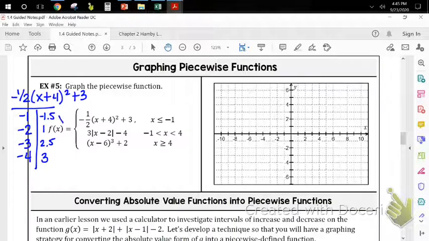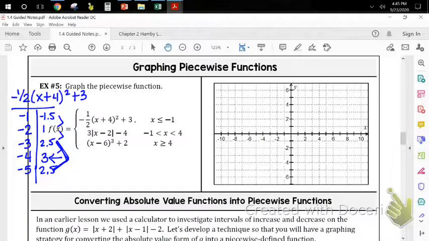Now notice the difference in these is getting smaller and smaller, which means I'm getting closer to that vertex. So I want to keep going. So I'm going to do negative 5, which is 2.5, because these are repeating, and that means this is my vertex, okay? So I've got enough there I can graph it, and so I'm going to go ahead and graph